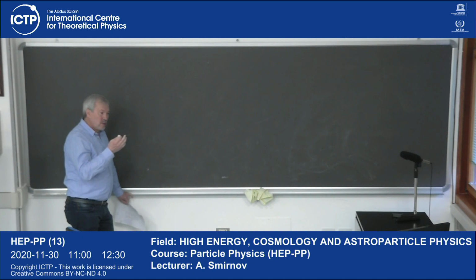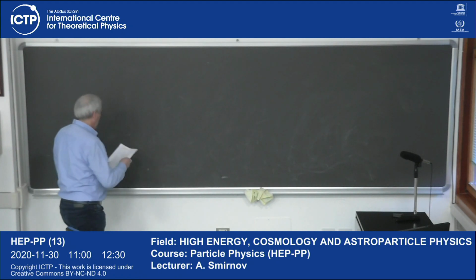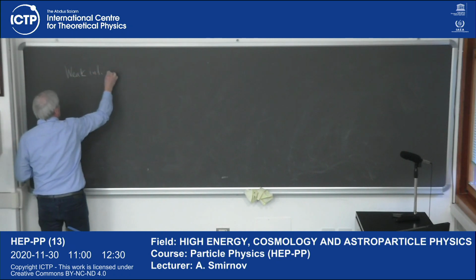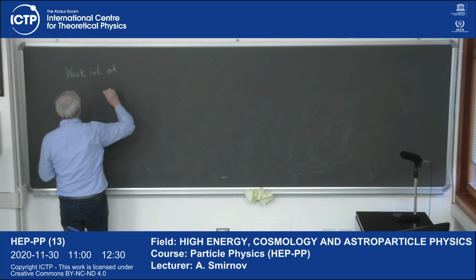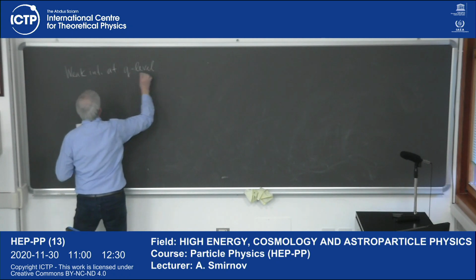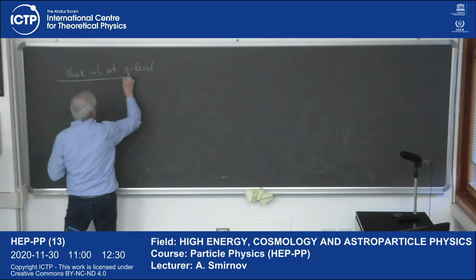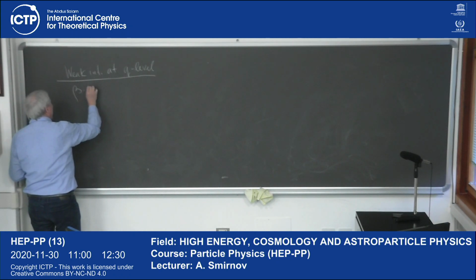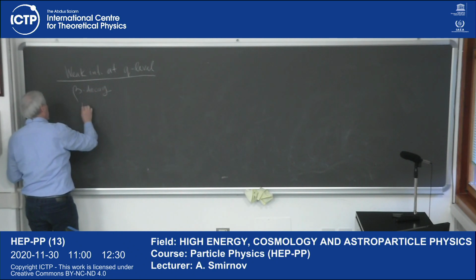Now we will do the same thing going to the deeper quark level, and we will discuss weak interactions at the quark level. Let's start with beta decay, which is the transition of a neutron to a proton